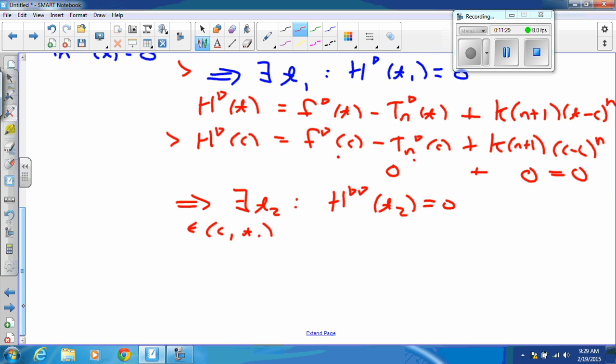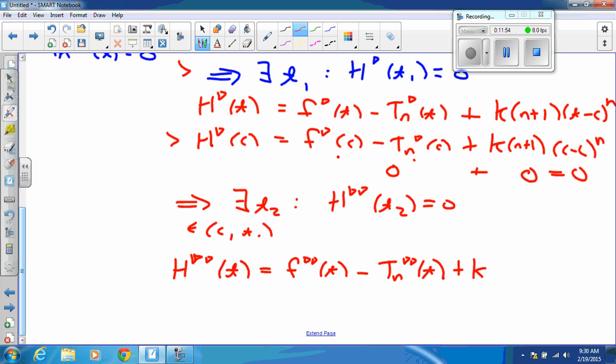Well, let's do one more iteration of this so we can see the pattern. h prime of T2 is equal to 0. What is h double prime of T? It should be f double prime of T minus Tn double prime of T